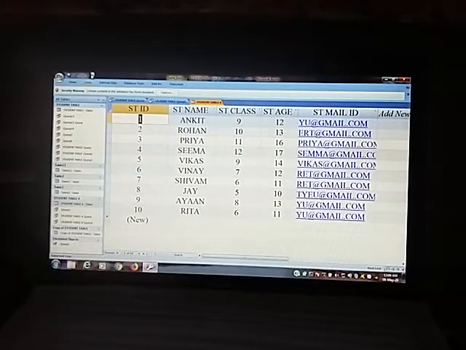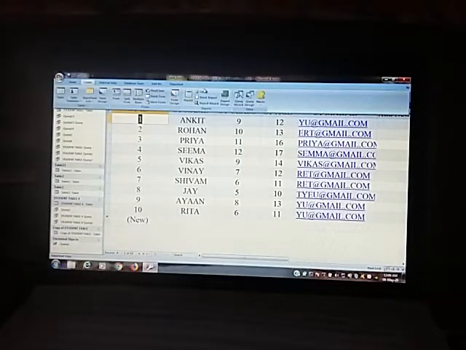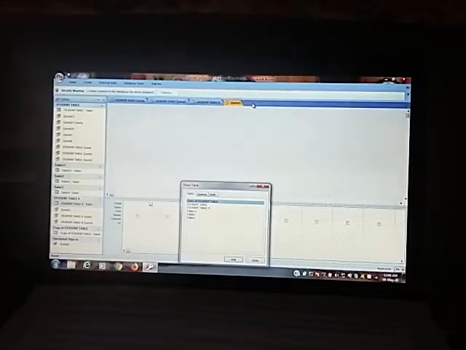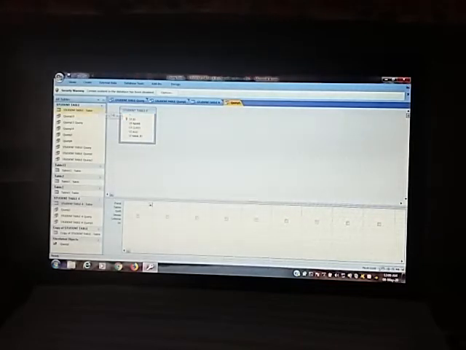Click on the Create button and click on Query Design. In the query design window, write student table 4 and add it, and again one by one shift all the fields: student name, student class, student age, and student mail address.